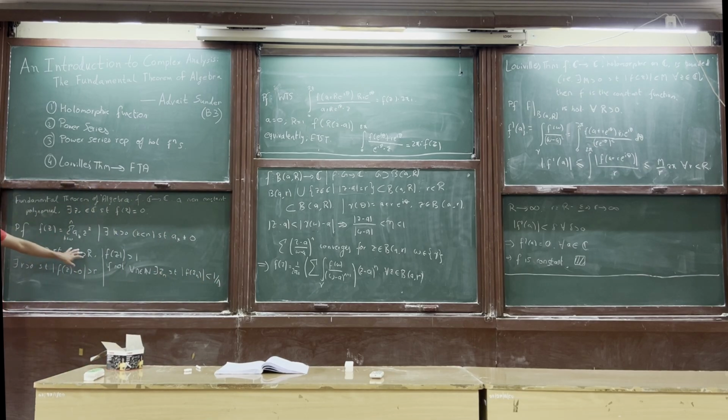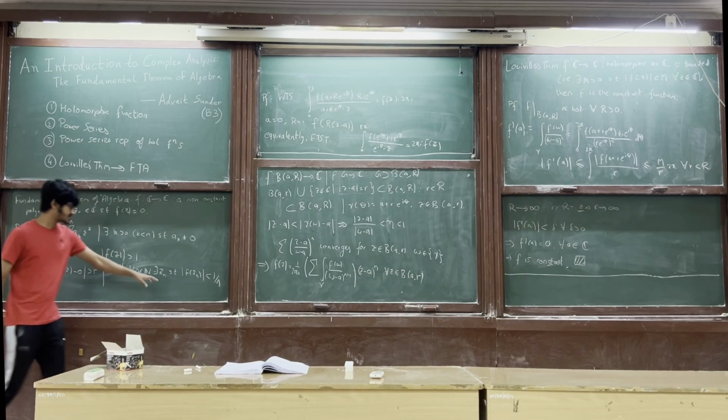But we automatically see that these z_n cannot lie in the mod z greater than r region. So this has to lie